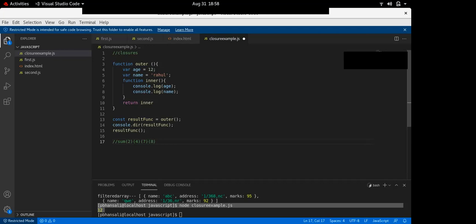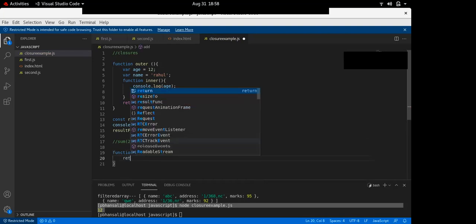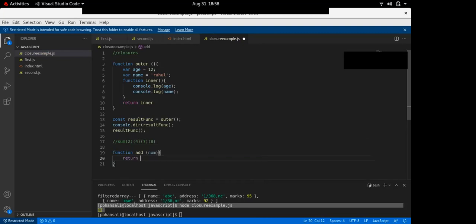Okay, so this answer uses closure. What you can do, make one function add, which will take some number. Now this will return one function which will again take some number, num1.